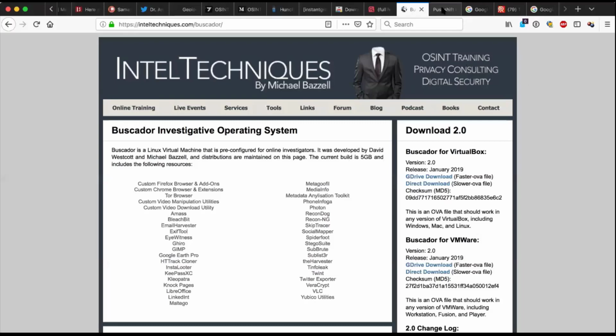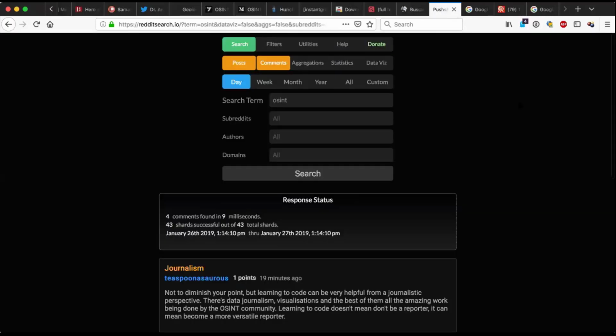All right, and the next link we have, Pushshift. Oh, redditsearch.io. Yeah, I just ran across this week and I tweeted it out, and a lot of people retweeted it, so I guess people liked it. What I like about it is it makes searching on Reddit a bit easier, because I always have a hard time finding the right stuff on Reddit. Maybe it's just me, because I don't really get the logic or structure behind Reddit after all these years. And this helps me find the right stuff and filter it and target it in a fast way.